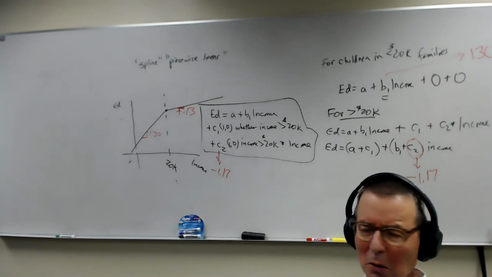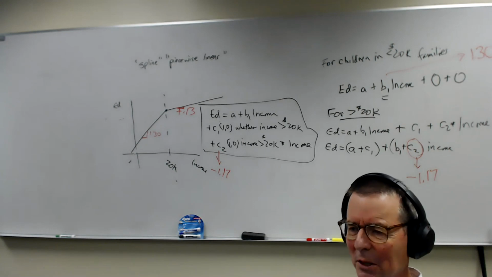All right, so go ahead. So I'm wondering how to interpret it. So I know we talked about interpreting. So for example, if I'm looking at the table where it says the spline function, I'm looking at income less than 20,000, then the coefficient is 1.3 and it's significant. When you're talking about it practically speaking, we can say that's 1.3 years in schooling, but can you also interpret that in the difference between like